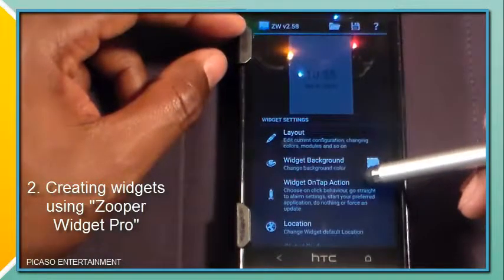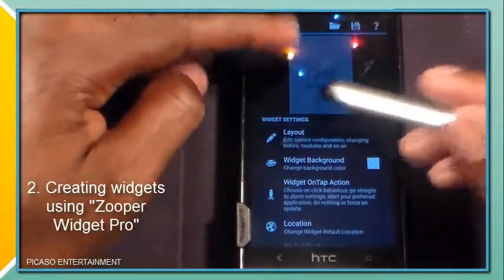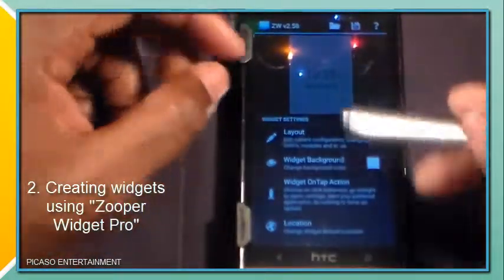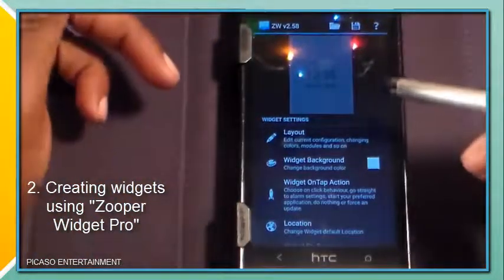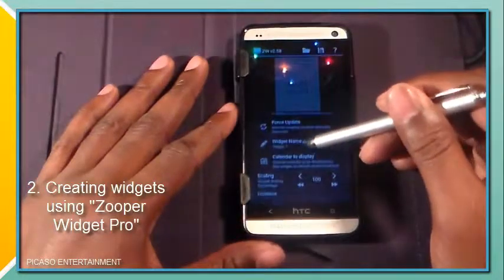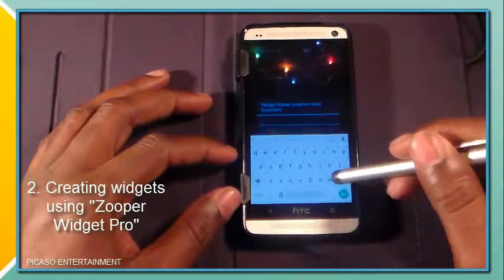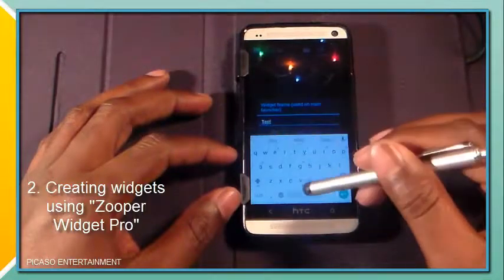So what we're going to do is two things. You can put an icon in to tap the icon and bring it up, or you can leave it locked and just open Super Widget and go to it and configure it, and I'll show you what that means. So guys, let's go ahead and scroll down. Let's name the actual widget itself. Okay, so we're going to name it, and we're going to go ahead and call it test